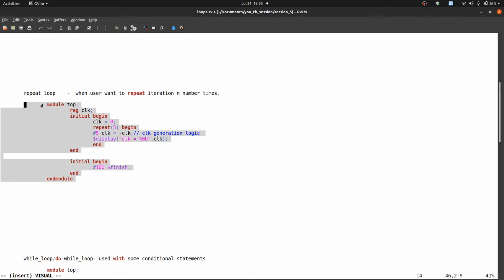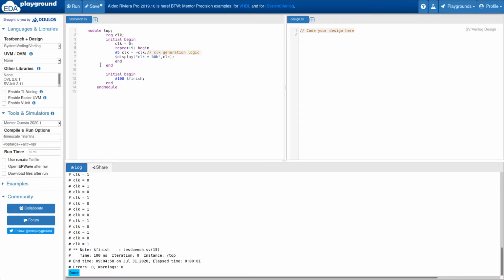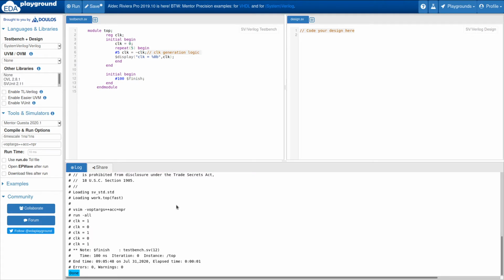Let's check the code. As we can see, 1 2 3 4 5, 1 0 1 0 1. So it is toggling only 5 times. Okay, what happens if we change the value?